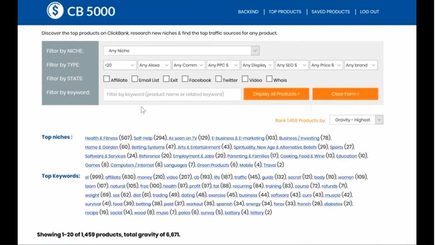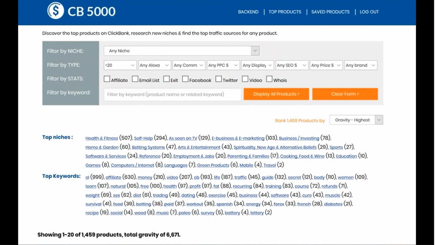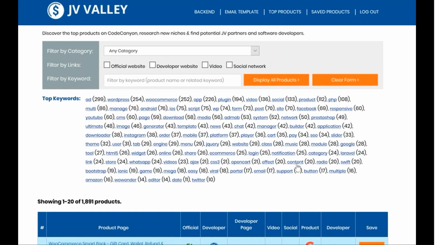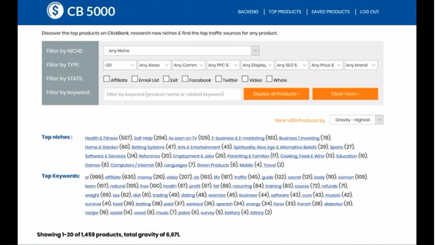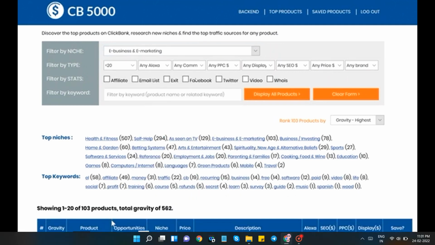So basically JVs who aren't selling, maybe they've got a good product but the marketing's terrible, you can reach out to them and send them a similar email to the kind of email that we'd be selling from JV Valley. In other words, do you want to do some kind of a deal? You're not really going to be able to see it from there, but this kind of email template here. And that's one possible use case for that. So you'd probably do a search like under 20 gravity and then e-business and e-marketing, and that's going to bring up 100